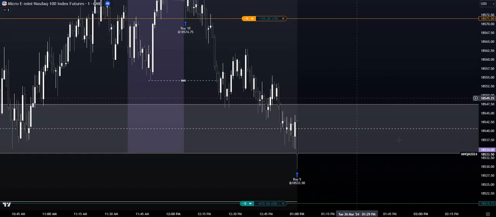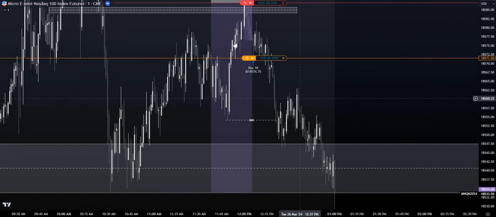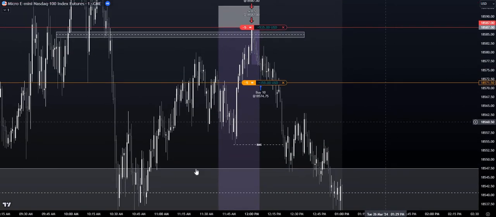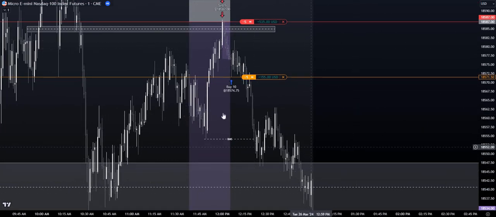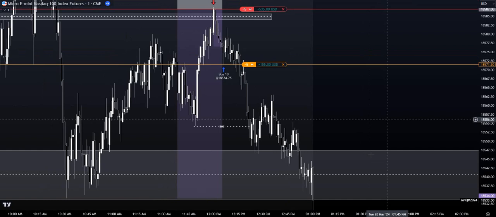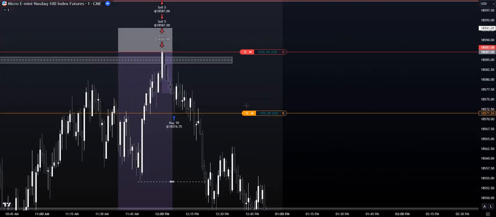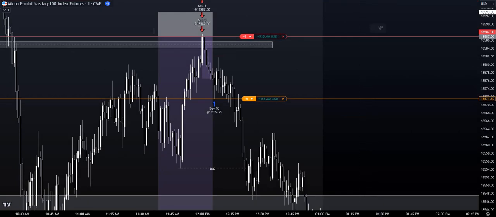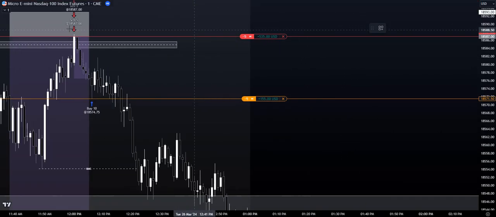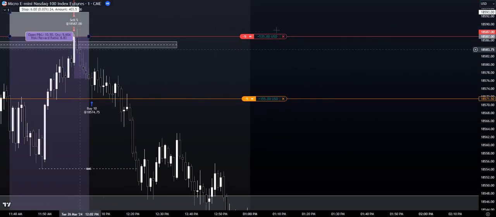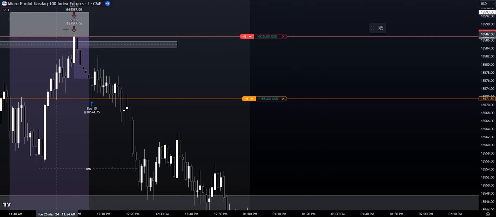And what we can do now is, because we can anticipate, this was a market maker sell model. I did not teach you guys this, but this is an advanced model for a lot of ICT traders that you can anticipate based off of basic concepts. Alright, so what we can do now is we can anticipate standard deviation of where we want to put our next take profit. Alright, so how do we do that?